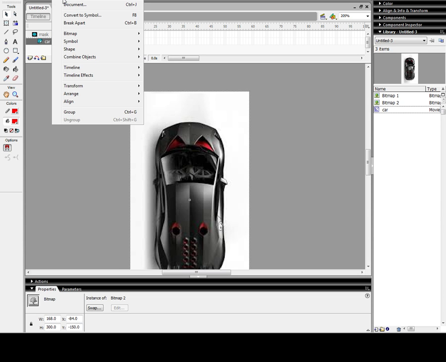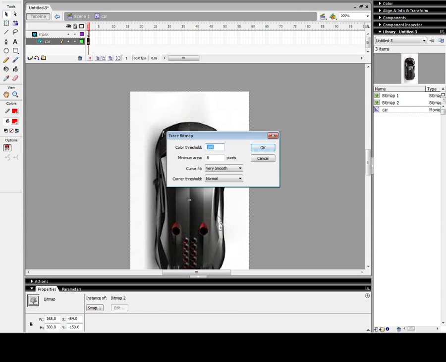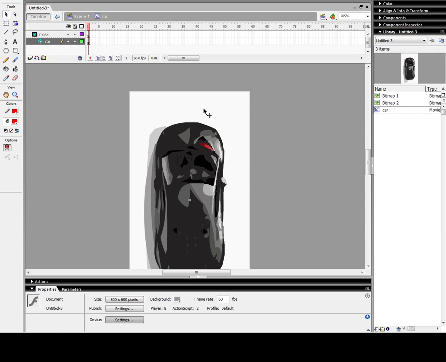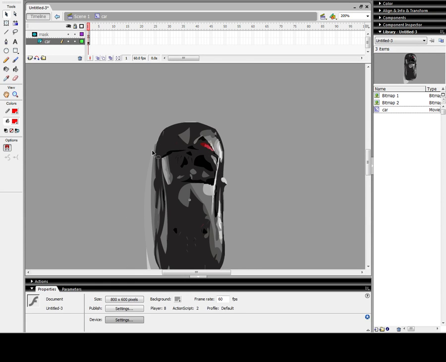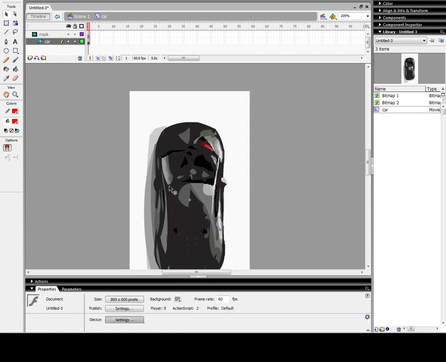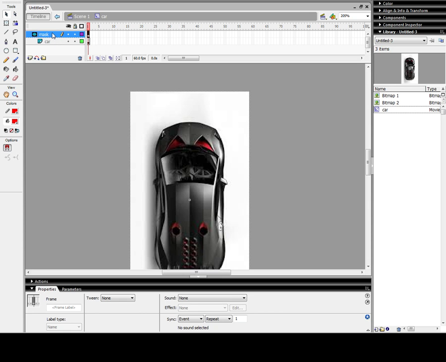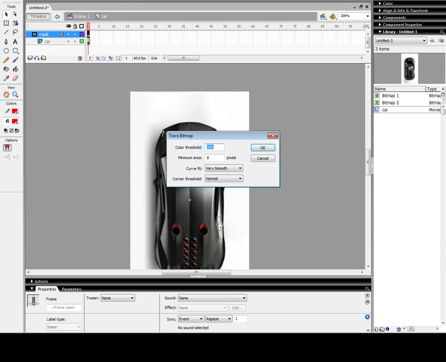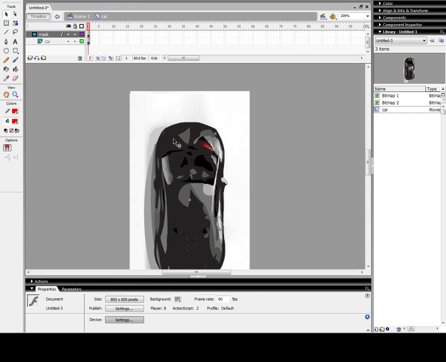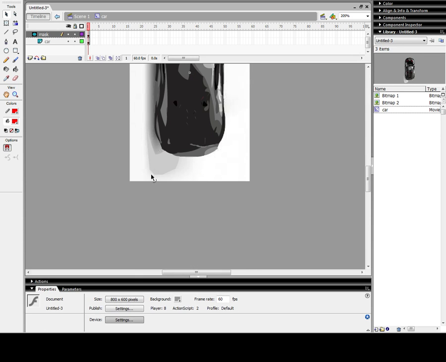So to overcome that problem, let's say you go Trace Bitmap, and now it basically vectorizes the image, but you'll notice that it degraded the quality a bit. So to overcome that, I'm going to hit undo until I have the actual image back, and I'm going to copy that and paste it on the mask layer. So I basically have the photo itself on both layers. But now on the mask layer, I go Modify, Bitmap, Trace Bitmap, and now it'll be easy to extract out the unwanted shapes,